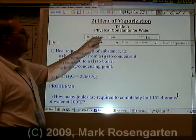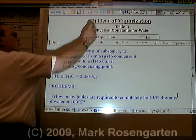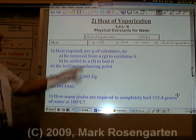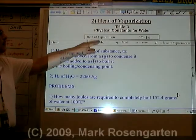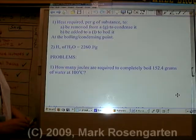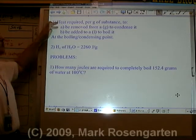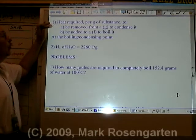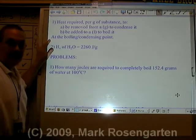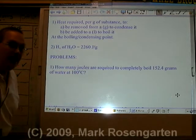The heat of vaporization is 2,260 joules per gram, and again you find that on reference table B. The equation is Q, the amount of heat, equals mass times heat of vaporization, just like for heat of fusion. It's the amount of heat required for each gram of substance to either be removed from a gas to condense it or to be added to a liquid to boil it at the boiling and condensing point. So it's going to assume we've already gotten it to the point where it's going to undergo the phase change,